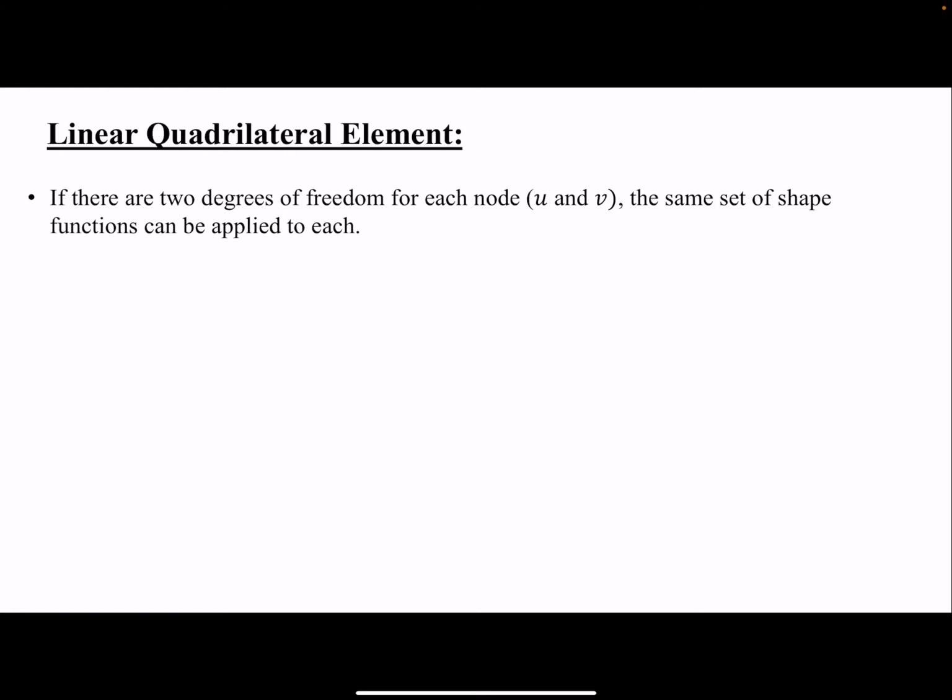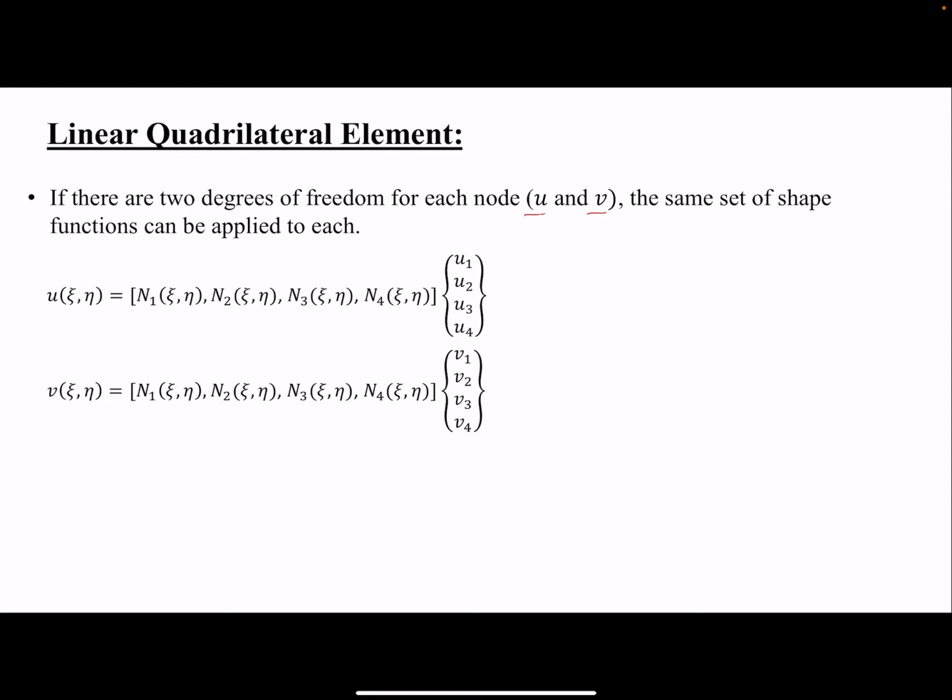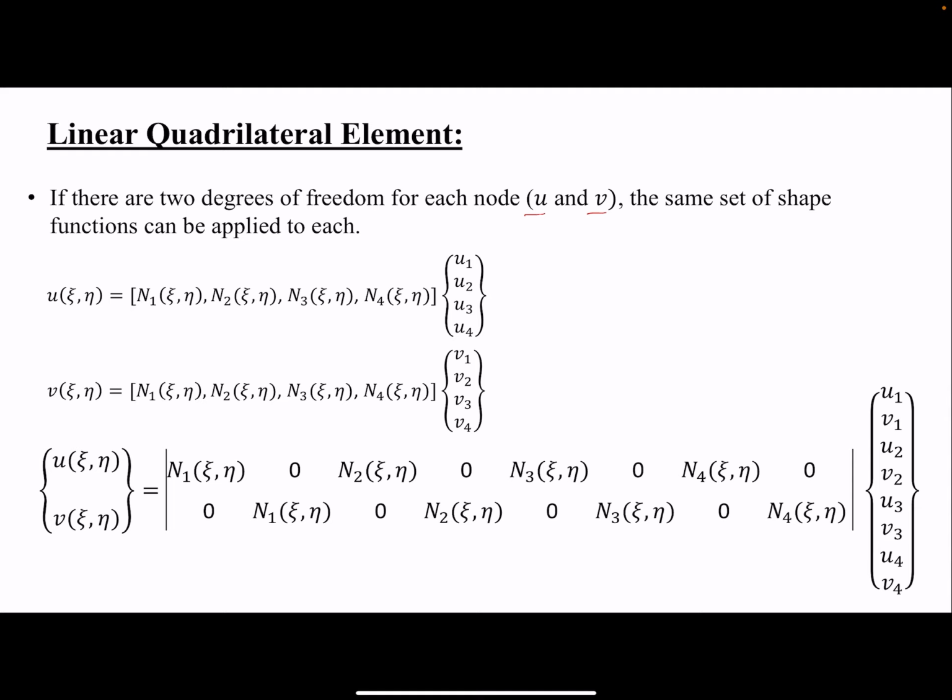For linear quadrilateral elements, usually in 2D, we have 2 degrees of freedom per node. So the same thing that we did for U, we can do for the other degrees of freedom as well. This was our displacement in x direction as a function of our coordinates. We can do the same thing for the displacement in y direction. We'll find exactly the same shape functions. If we want to write them together in one matrix and call it our displacement field,